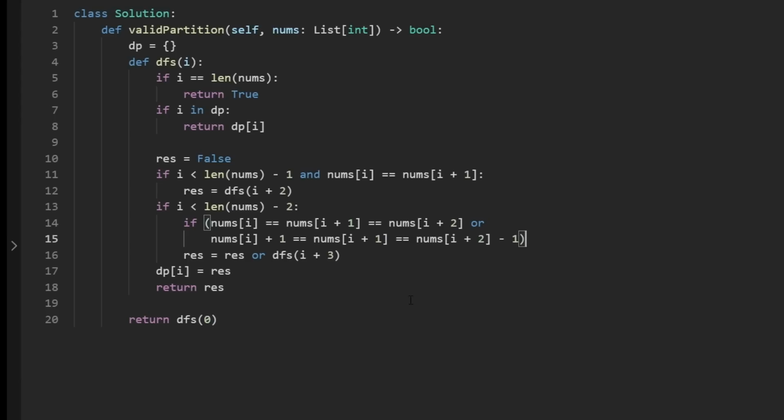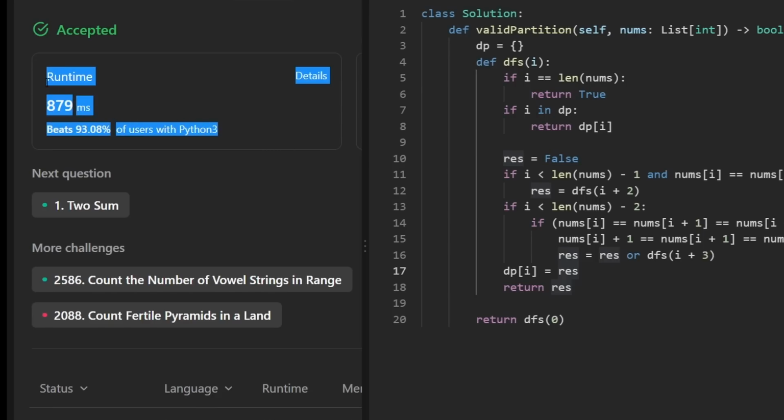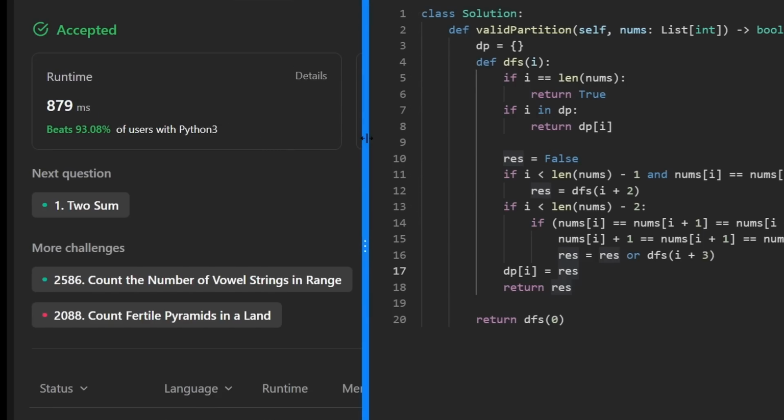And now we're almost done. Actually, I see an issue here. We are missing a colon in our if statement, and this should be indented. Whoops, let me go ahead and indent that because it has to belong to the if statement scope. So now let's go ahead and run the code to make sure that it works. And as you can see on the left, yes, it does, and it's pretty efficient, but there is an optimization